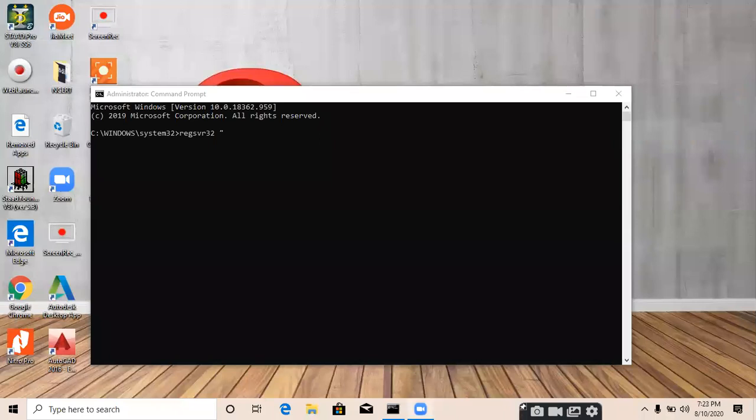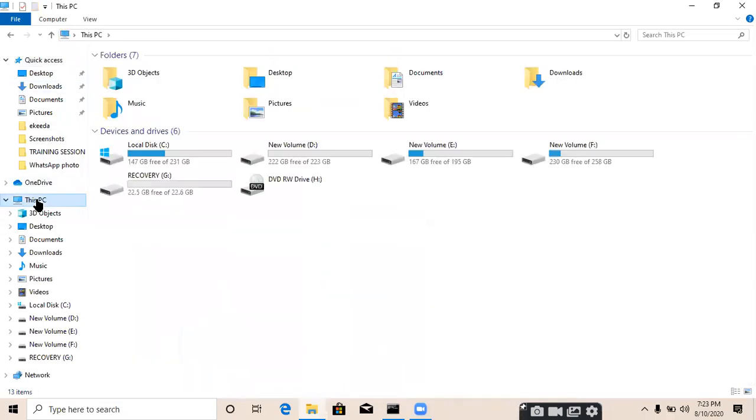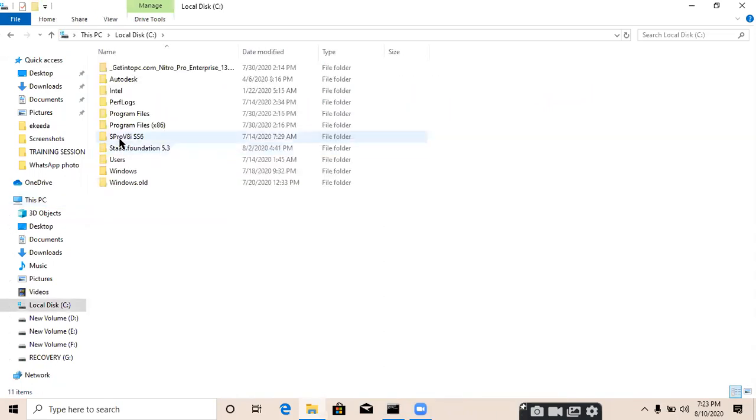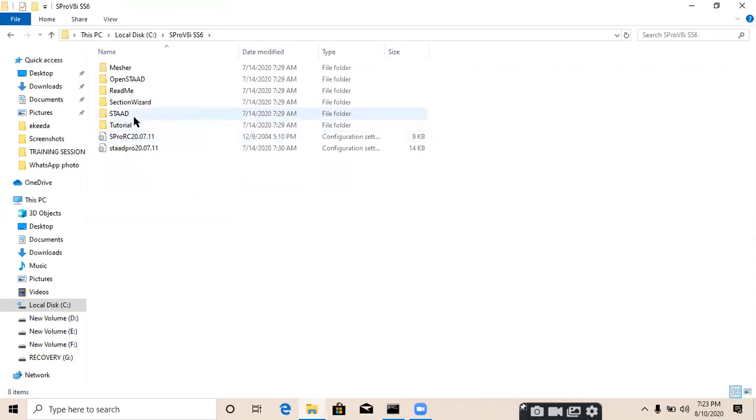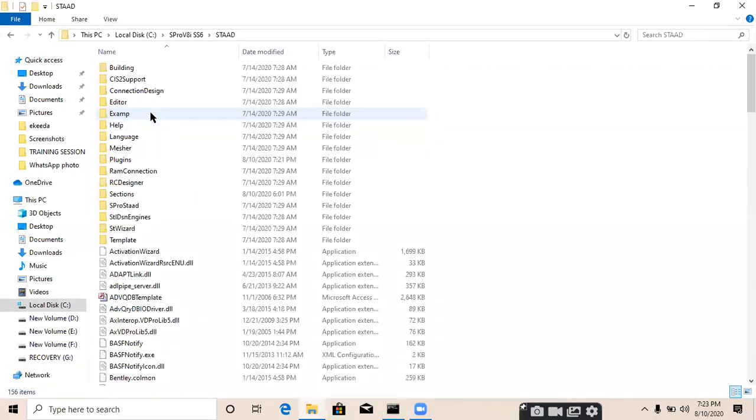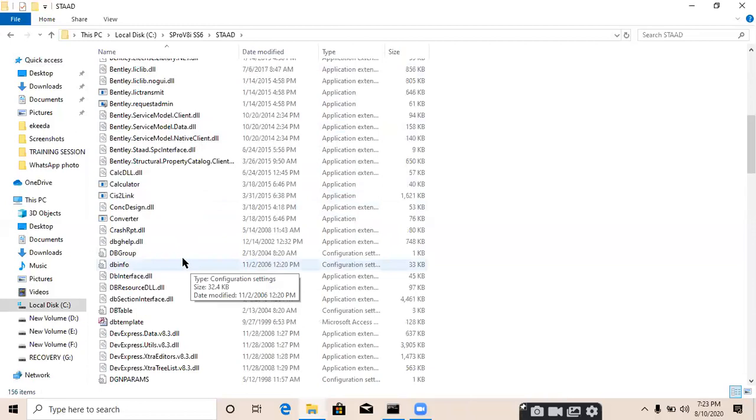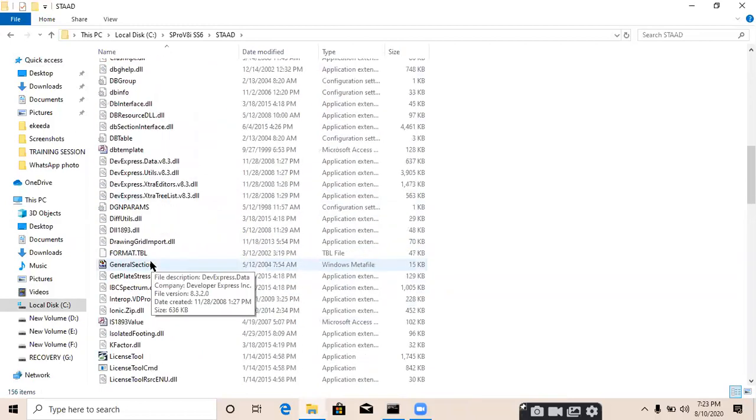Just type regsvr32 and switch on that particular double quote and go to my computer or this PC, C drive, local disk C, go to ASPRO STAT SS6 and go to STAT and find out the 1893.dll file over here.